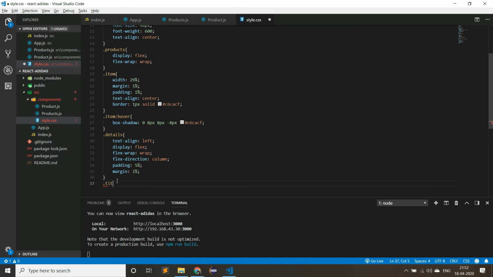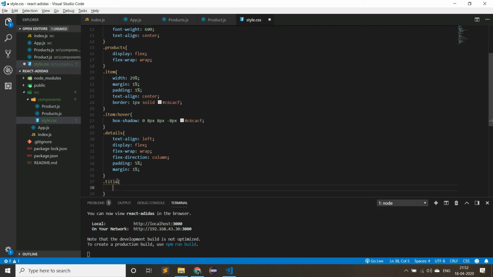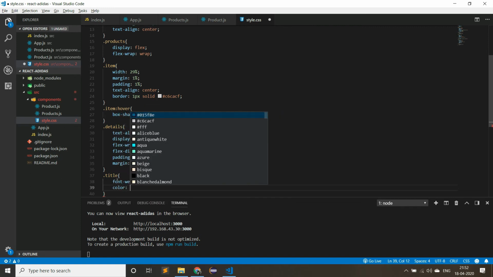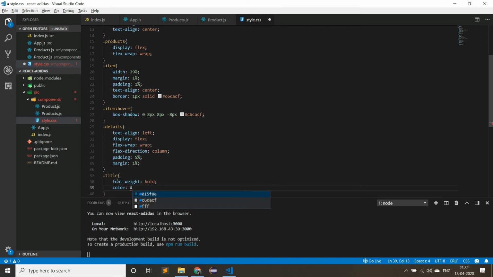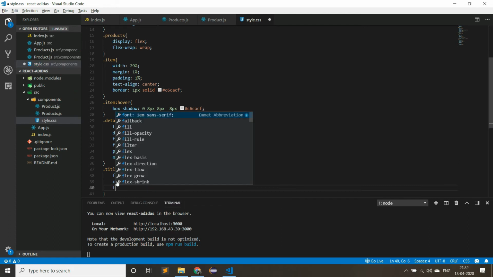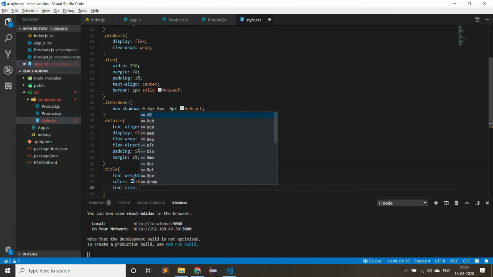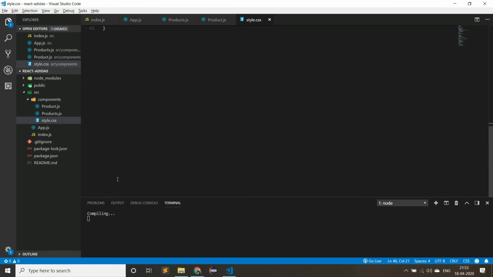Let us add some styles to title. First write font-weight equal to bold, and then color of the title as #015F80, and then font-size 20 pixel.